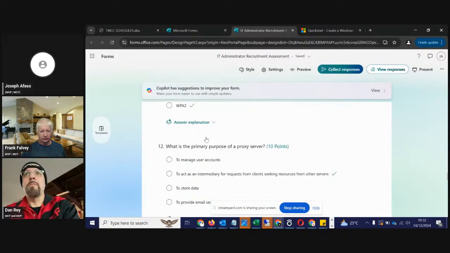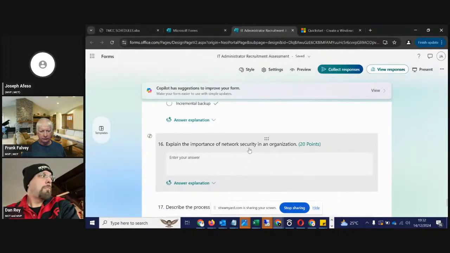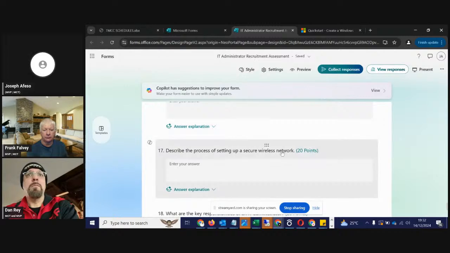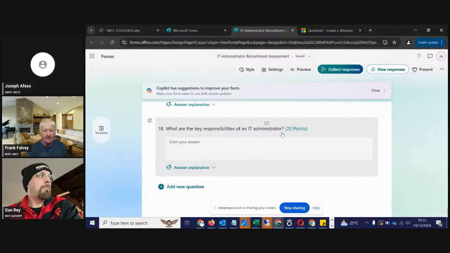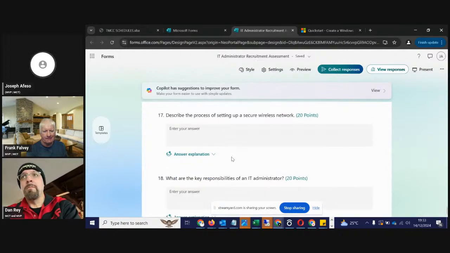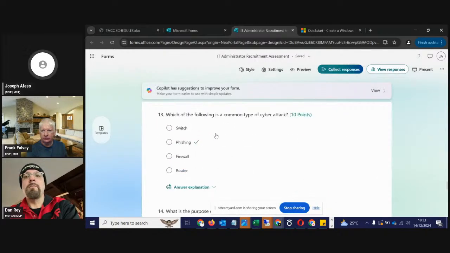So here we are saying something about, explain the importance of network security in an organization. 20 points. Describe, so we can decide to reduce the points, adjust them accordingly. Describe the process of setting up a secure wireless network. Then, what are the key responsibilities of? So this is a very nice one. I think somebody who is not techie will only have issues with the theoretical part because there is no correct answer to this that you can actually reference. But of course, you can find out about it. But one thing that is so interesting is